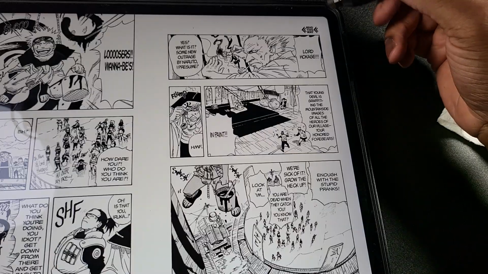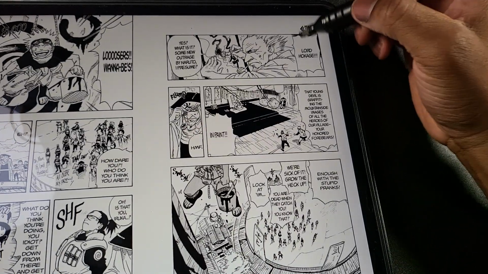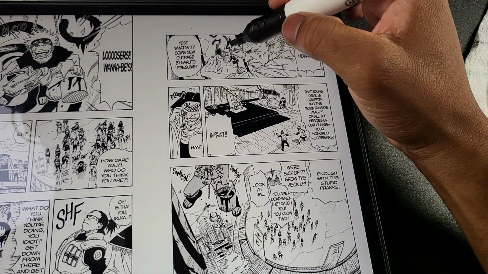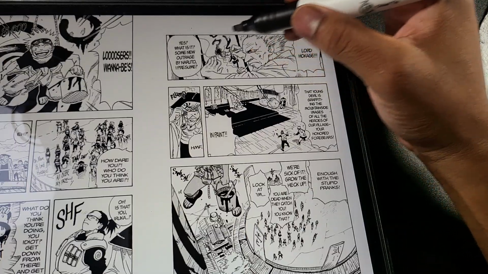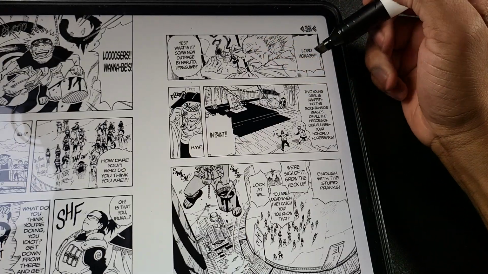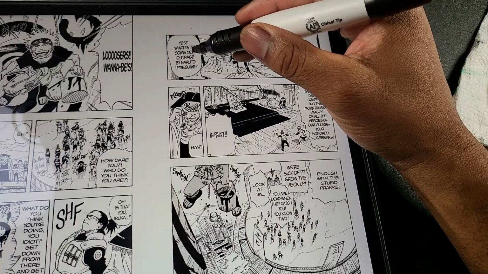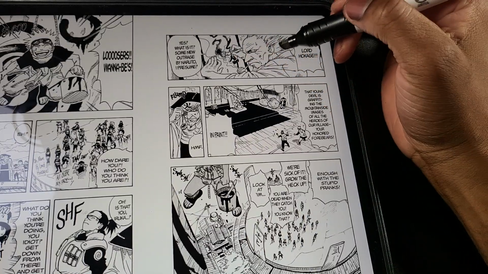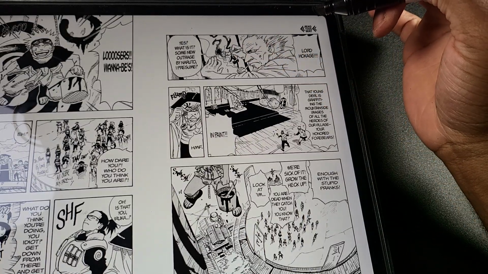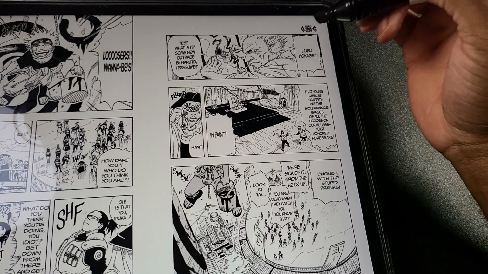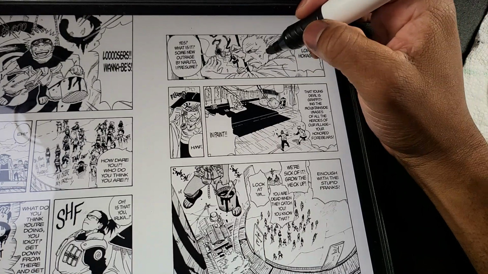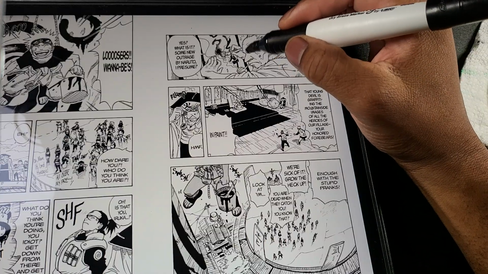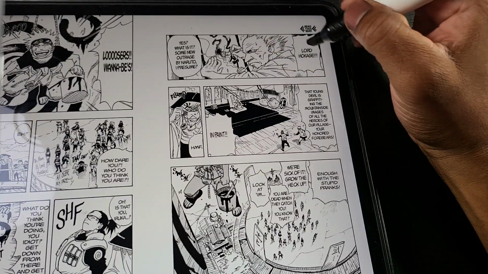Now take the overlay off. If you look at the panel, like Lord Hokage, and then he just turns and goes like, yes, what is it? So you're going to focus more on the dialogue that's spoken. So if you actually wanted these panels to be more about spreading the dialogue, you would put the drawing closer to the middle of whatever the character is doing, and put more of the dialogue